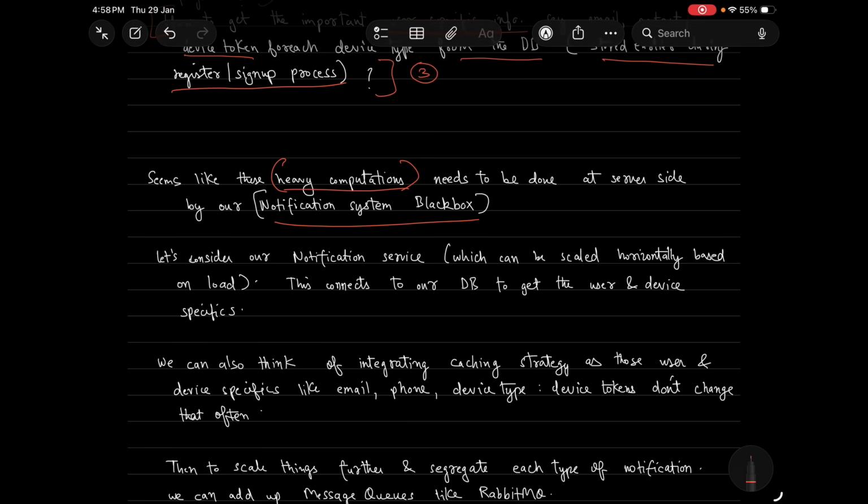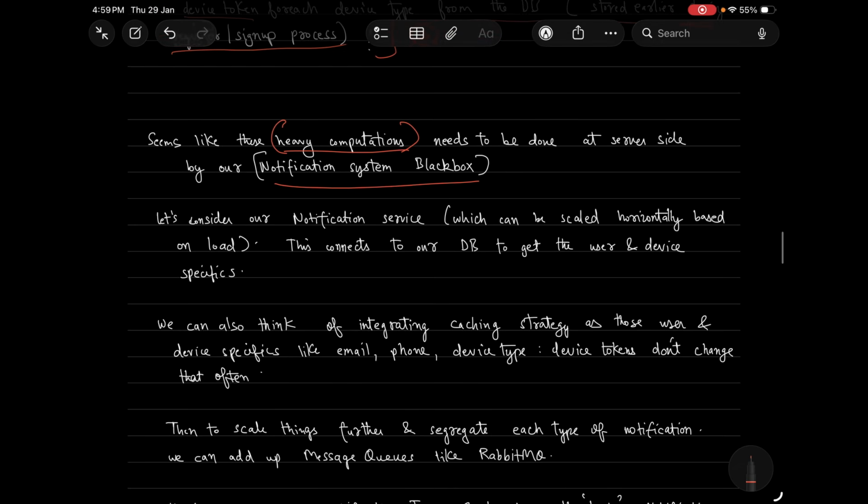Let's consider our notification service, which can be scaled horizontally based on load. This connects to our DB to get the user and device specifics. So that makes sense. We can horizontally scale our notification service by putting up more server nodes. Now, this notification service will also connect to our database where all our